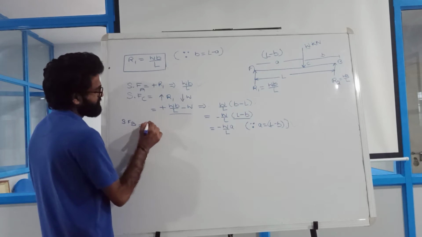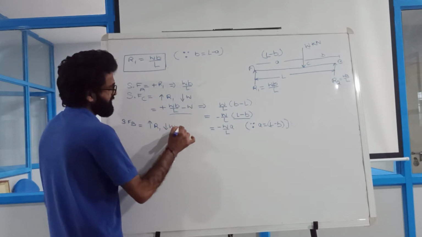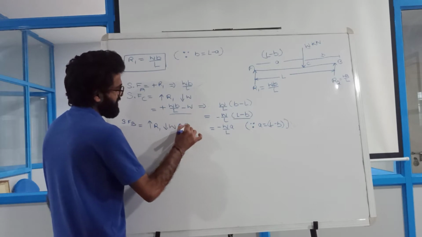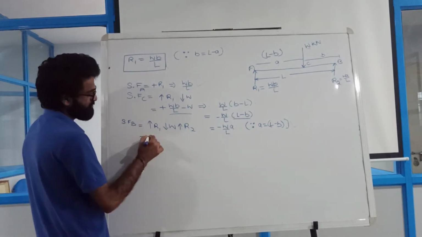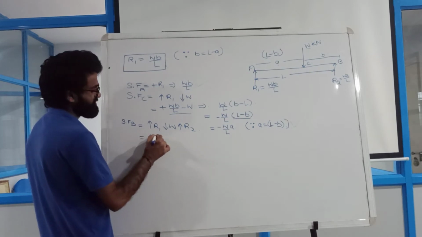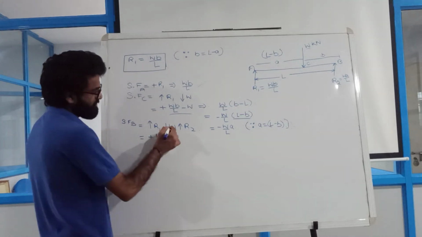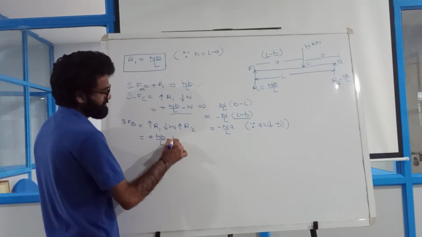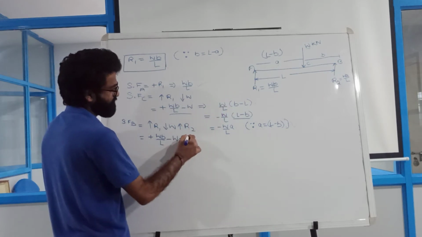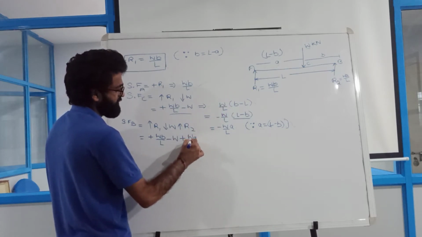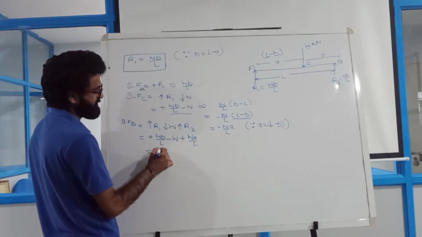So upward force is acting R1, downward force is acting W, and again upward force is acting R2. I will put all the values of this, and upward direction means positive, and R1 value is WB by L. And this downward it is acting, so minus, it is acting again upward, so plus, and the value of R2 is WA by L. If I simplify this whole thing, then I am going to get